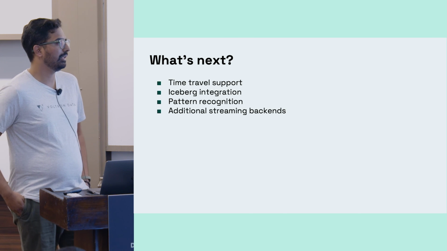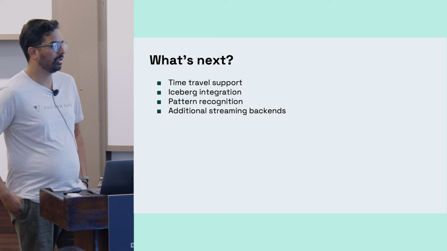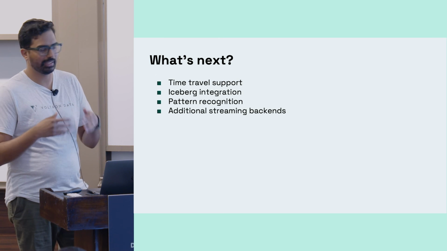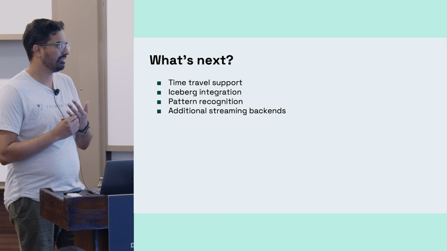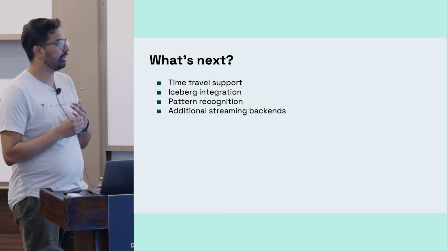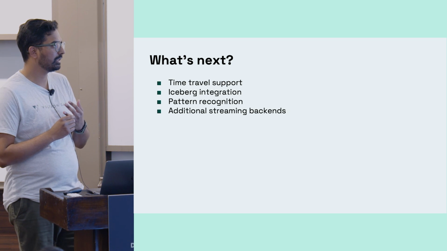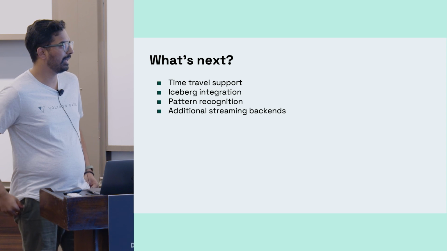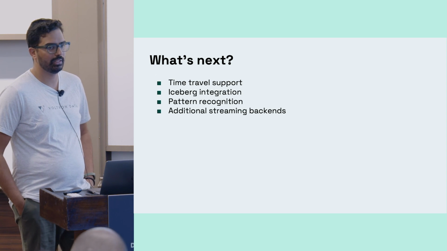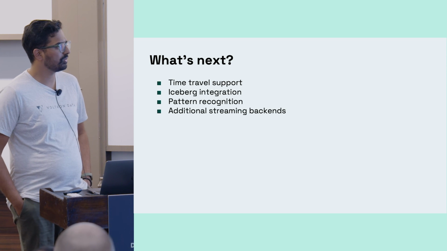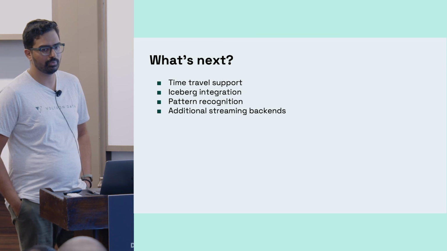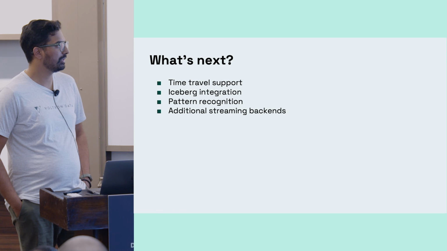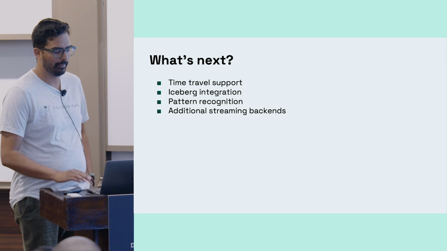Pattern recognition is another thing which is on our backlog to look at, again abstracting that over backends, though that does sometimes have more diverse syntax across backends. And finally, we're always adding additional backends, including additional streaming backends. I think Spark streaming is definitely one that we're looking at coming soon, but I think work on that hasn't exactly begun yet.